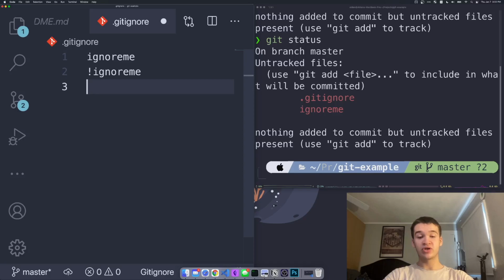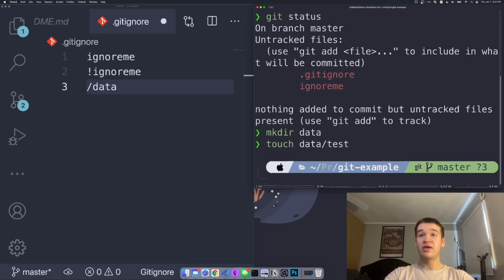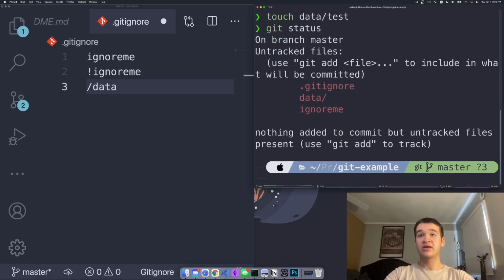So let's say we wanted to ignore the data folder inside of our project. So we could have slash data right here. And then if we go ahead and mkdir data, we're also going to have to put content in there, because Git is not going to track folders unless they actually have a file in them. So we can just go ahead and touch data/test, for instance. Then if we go ahead and git status,